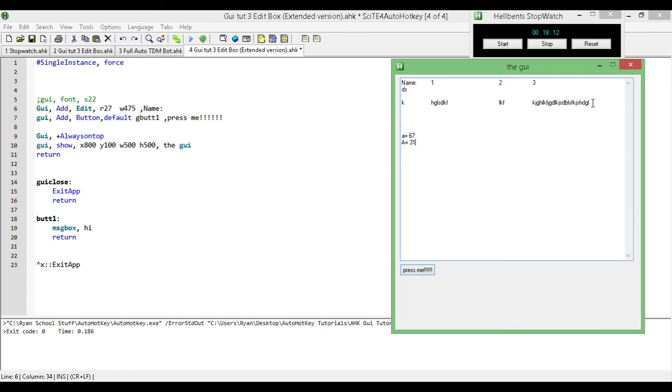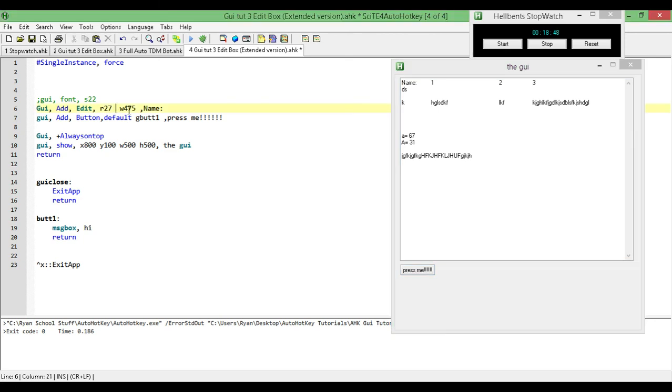So a lowercase a is not the same value as an uppercase. In your program, there might be a reason why you need the values to always be the same. If the person's typing in an A, you don't want to have to convert it within your program, or you don't want to have any problems with your program. So the easiest way to do that is to make it so that when they input data here, no matter if they put in uppercase or lowercase, it's automatically going to convert it to one or the other. And the way you can do that is in our edit options, we just specify what we want it to be. So we can do lowercase